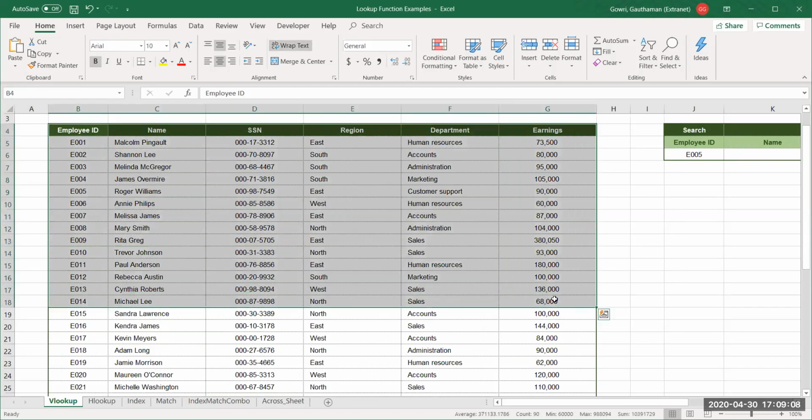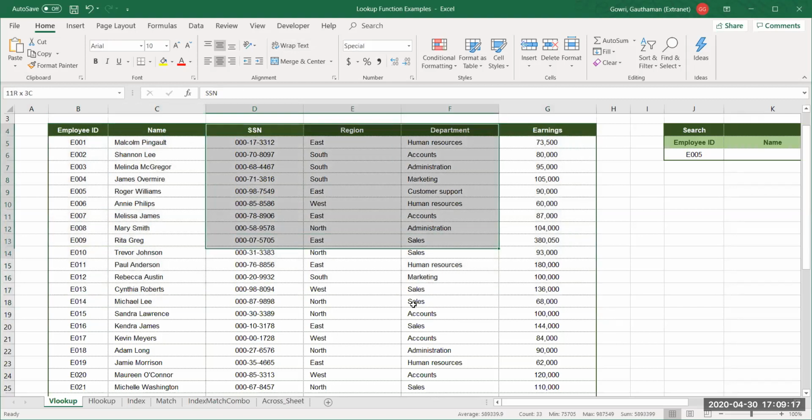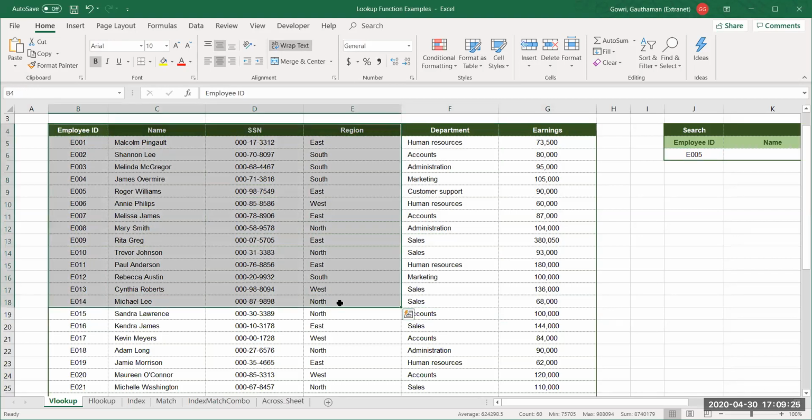Even if you have 100 columns of data, you usually don't choose the entire data. It could be like this also. Only a subset of it is fine.